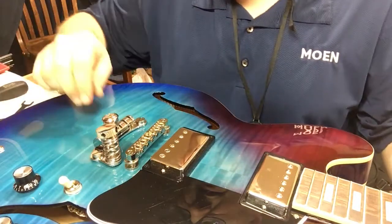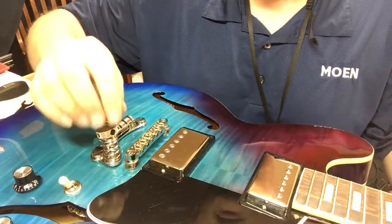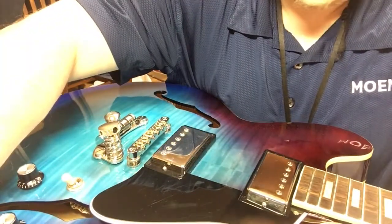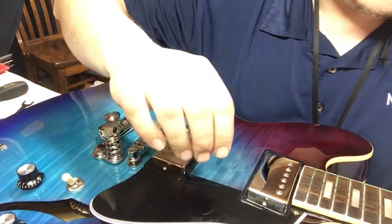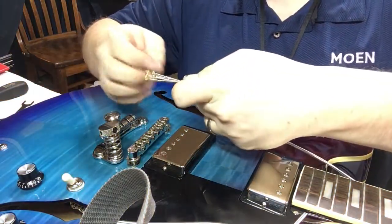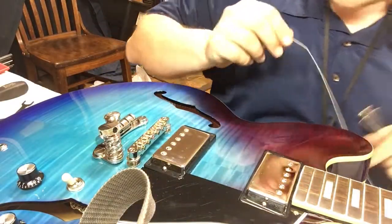Okay, nice and tight. You can see that was a very easy installation. For right now I have the arm out of this. We'll deal with the arm later. So now I'm going to reinstall the old strings, and I'm doing that because I'm not sure if I'm going to keep this bar on there. So I'm going to try this with the old strings